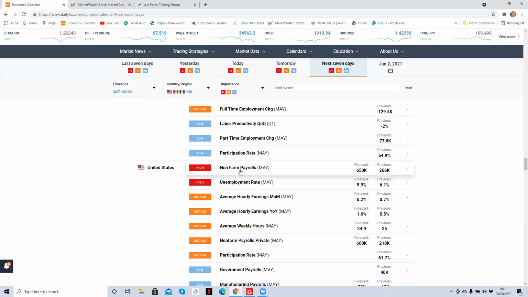Like I said earlier, it moves all markets. So for this week, you have to be extremely careful trading prior to Friday because of that report, because there's a probability, not a certainty, but a probability, that the markets could just be trending sideways all week leading up to that report on Friday.